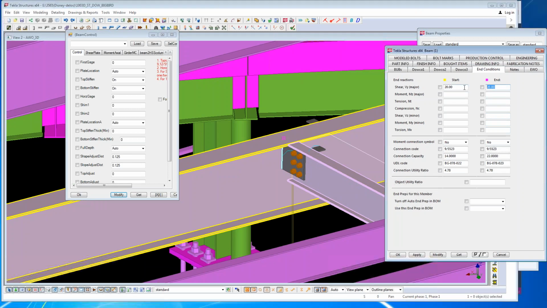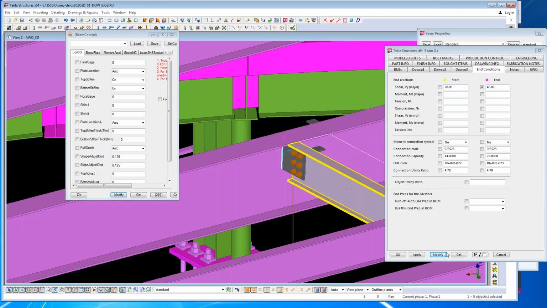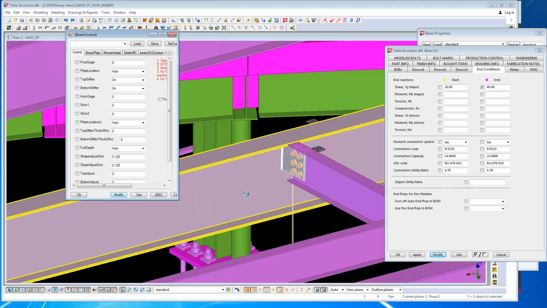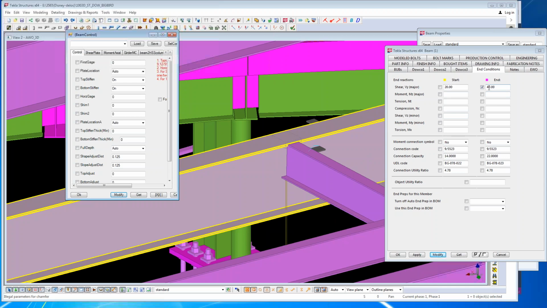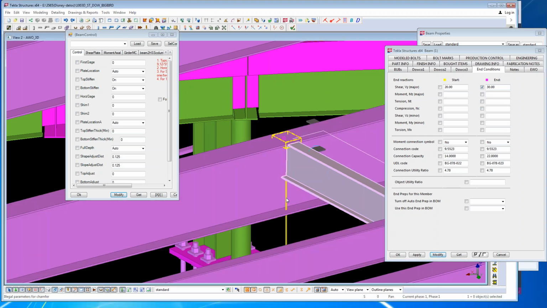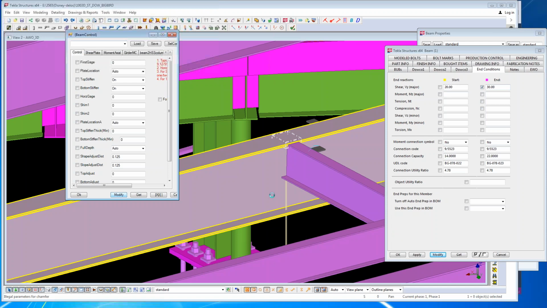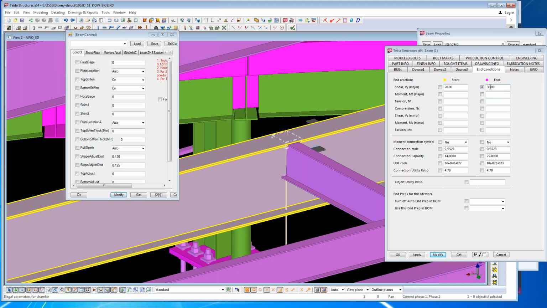Let's say if I change again, say 40, modify, and modify the member. Then we modify the connection. It cannot get any because the load is too much for that piece. Let's change to 30. Not working. 20,